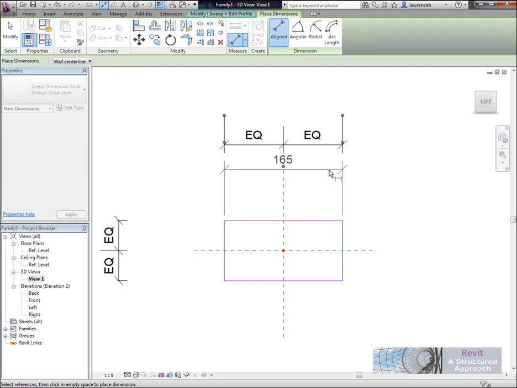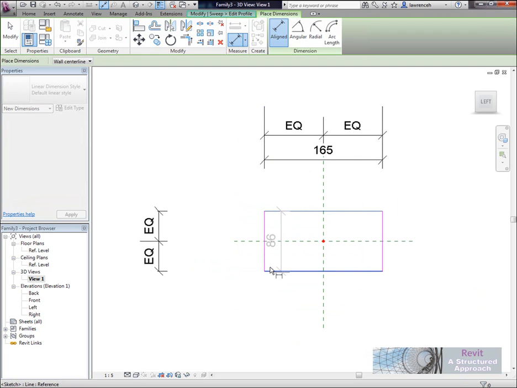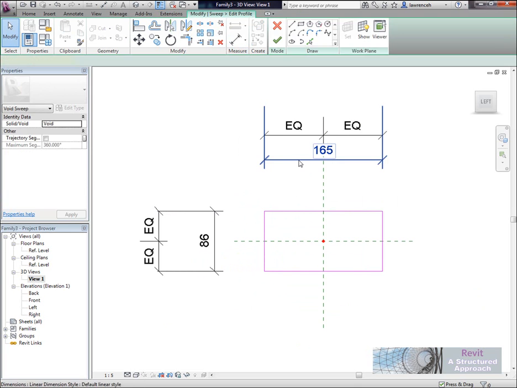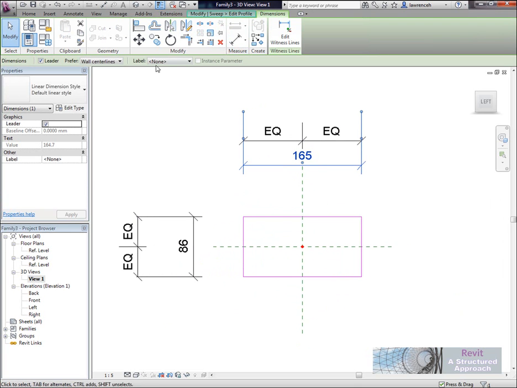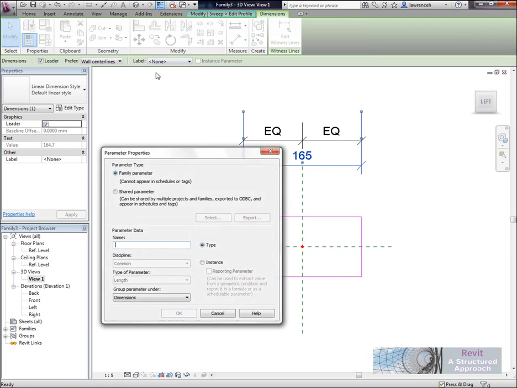So we want to create a parameter there for the service opening width and the service opening depth. So to do that, I just pick a normal dimension, I add a parameter, and in here I'm going to make this instance based. That's so each one can actually change. Now if I wanted to, I could actually generate these as shared parameter files as well, so I could report on them. Okay. What we're going to do here though is we'll just create them as instance parameters for the moment, and this will be called service opening width, like that. Bear in mind all of this is case sensitive,